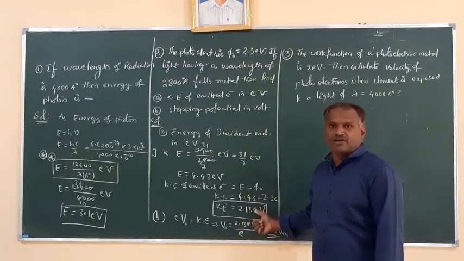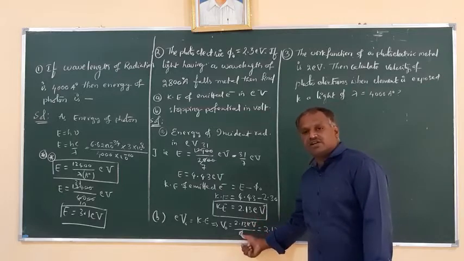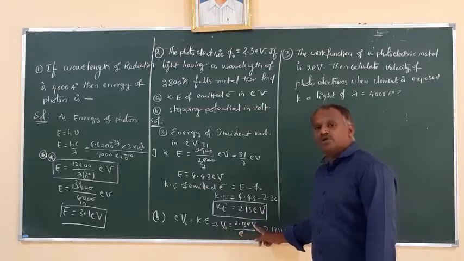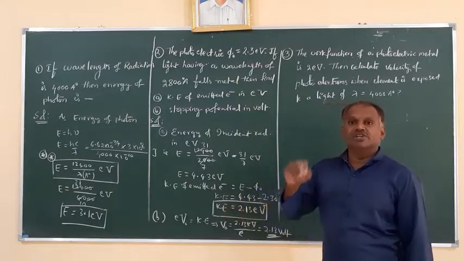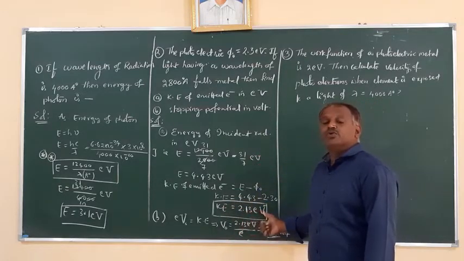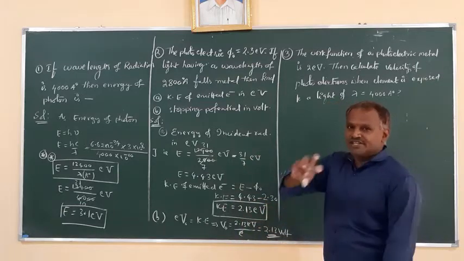E is the charge of electron. So divided by the charge of electron, this electron charge cancels. So what will we get? Only volts it will become. So whenever you know the kinetic energy, the stopping potential is the same value, but the unit is only volts you have to write. This E will be removed. So that is easy to remember.